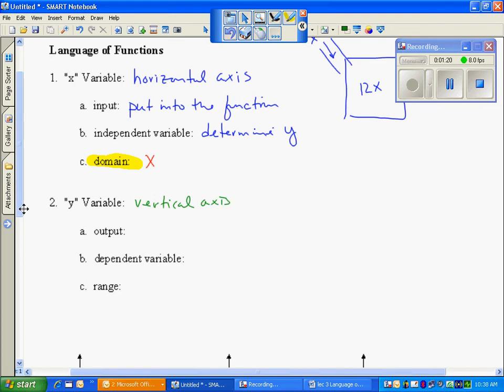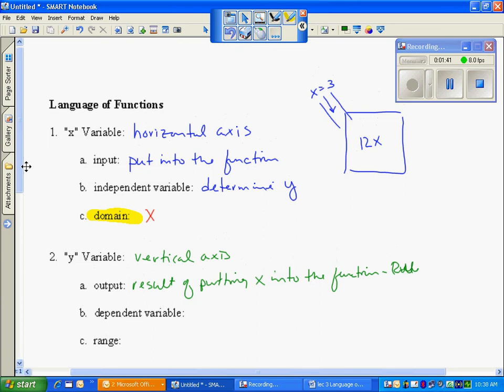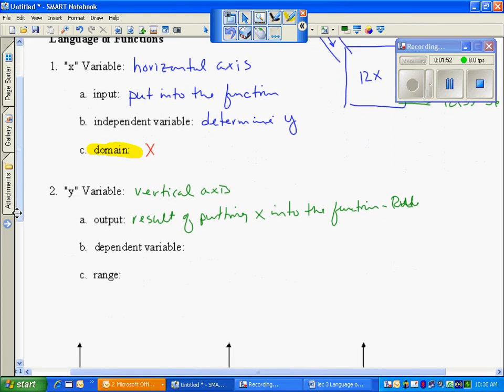It then is the output. It is the result of putting x into the function, which is just a rule or a machine. So if my rule was 12x, if x is 3 and goes into my function, out will come 12 times 3, which is 36. We also call the y the dependent variable because it is